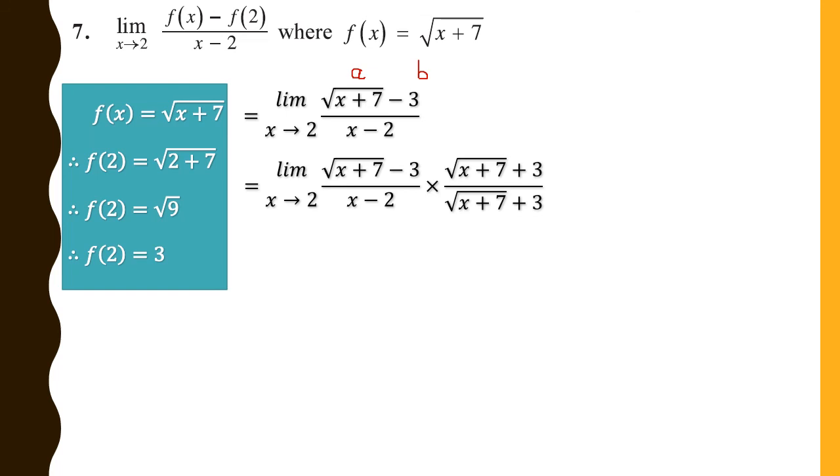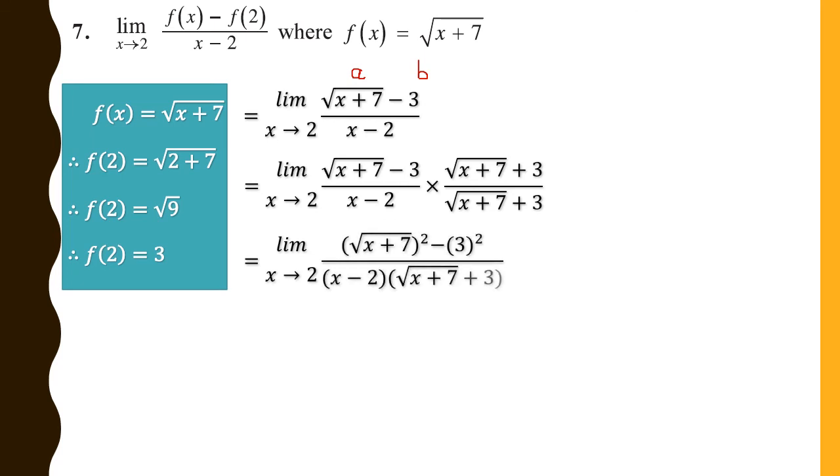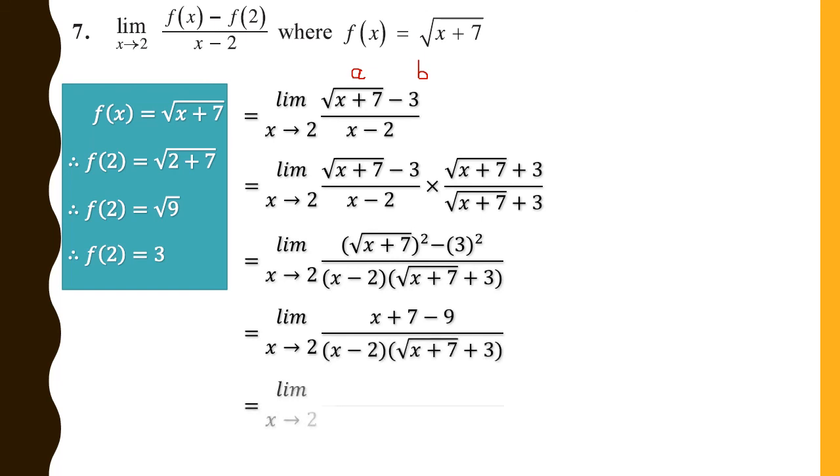Now because it is a minus b and a plus b formats, it will make a square out of root of x plus 7 and the square of 3, while the denominator will be written as it is, with the denominator of the first part. Now when we square, the root is removed, but 3 square makes it 9. So it will be x plus 7 minus 9. The denominator will be as it is. We are not making any changes right now. First, plus 7 minus 9 makes it minus 2.